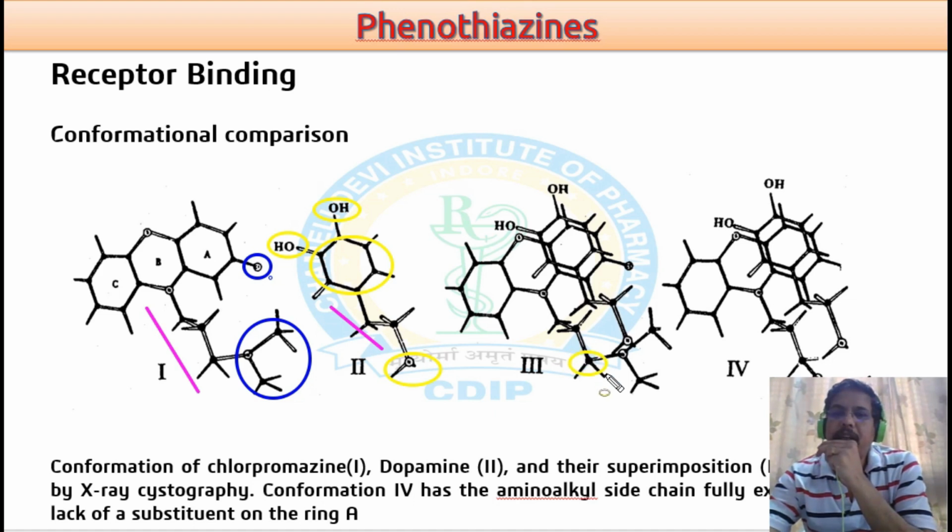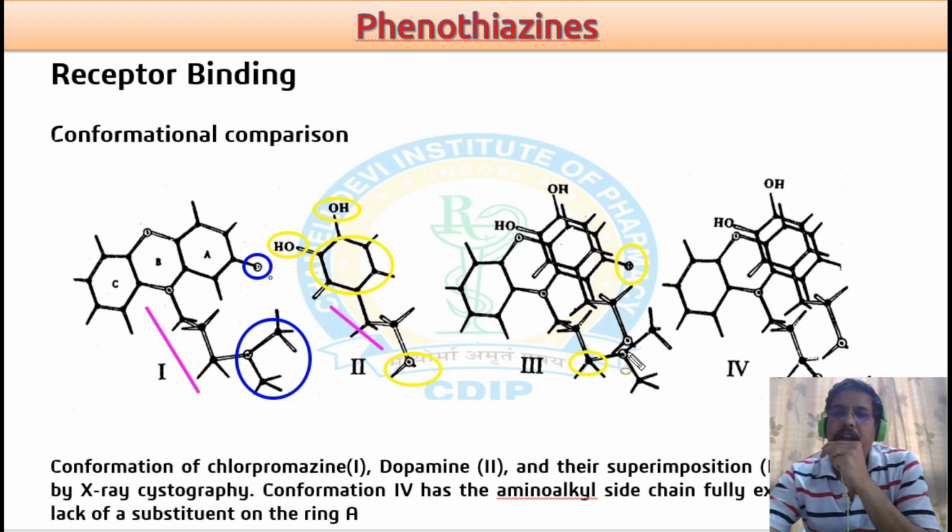And this third carbon gives somehow a longer length, but actually the presence of the electron withdrawing group on the second position of the phenothiazine ring causes the bending of this side chain towards that electron withdrawing group, because it is